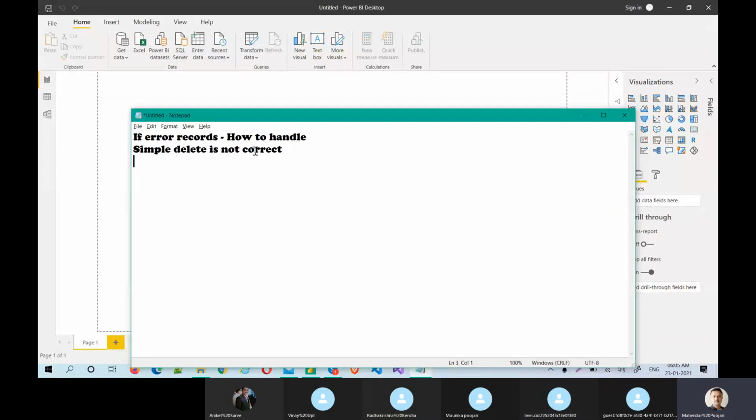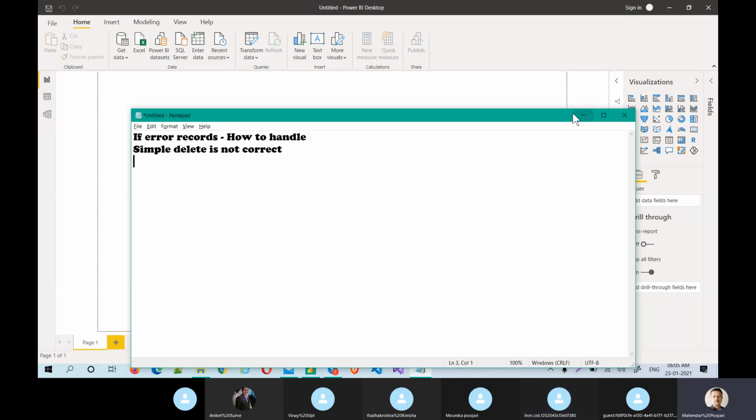Yeah, so what we discussed now, yesterday Vijay asked this question. Let's say I have four to five records, and out of four records, two got errored out, and I'm just loading two, but I just want to give the remaining two to the end user to confirm to delete or just to get the new updated records and all those stuff. So how to do that? I mean, we cannot delete just like that, right? If those are very crucial records to take business decisions, we cannot delete them just like that.